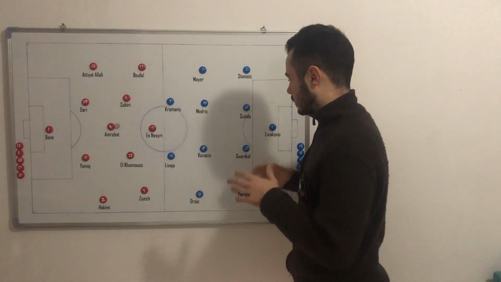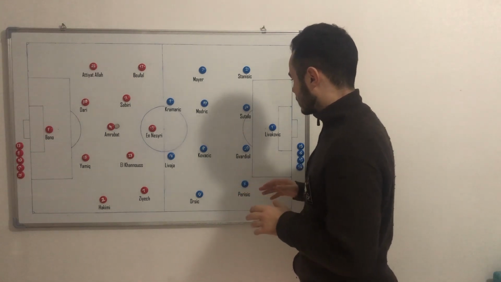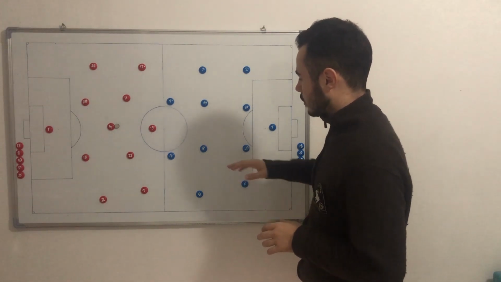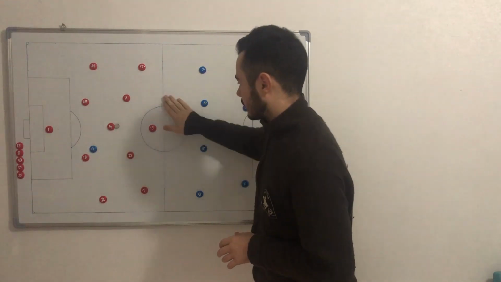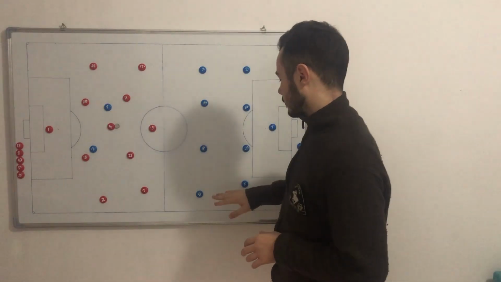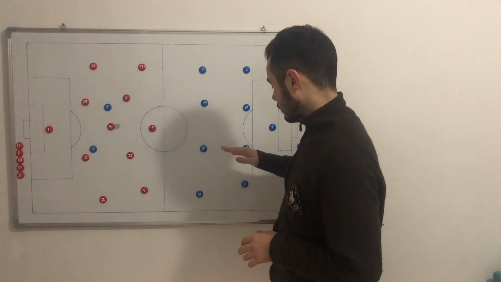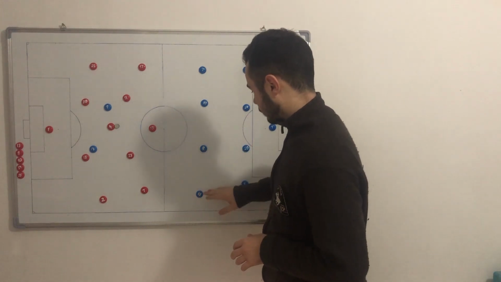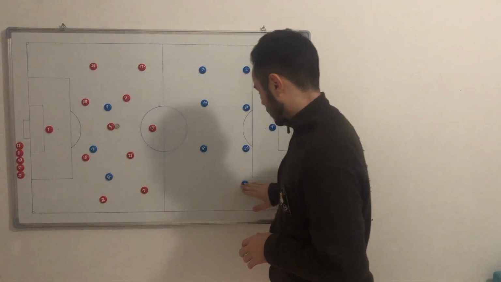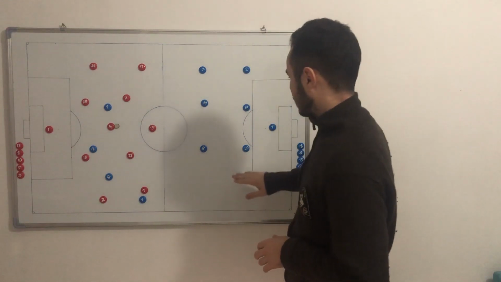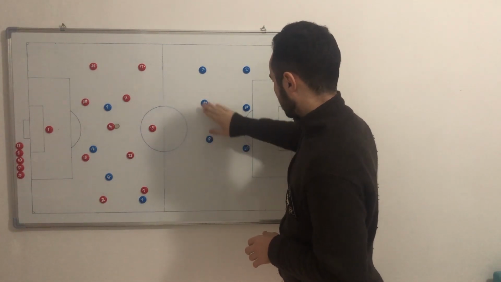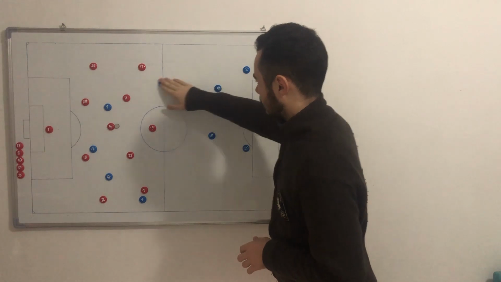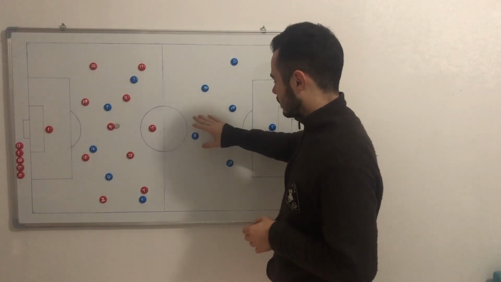But how did the two teams start the game? We're gonna see that Croatia started in attack with two attackers, Livaja and Kramaric, going up front and attacking on the left side with two players, Orsic and Perisic, and creating play with Modric and Kovacic on the right side. What happened in this